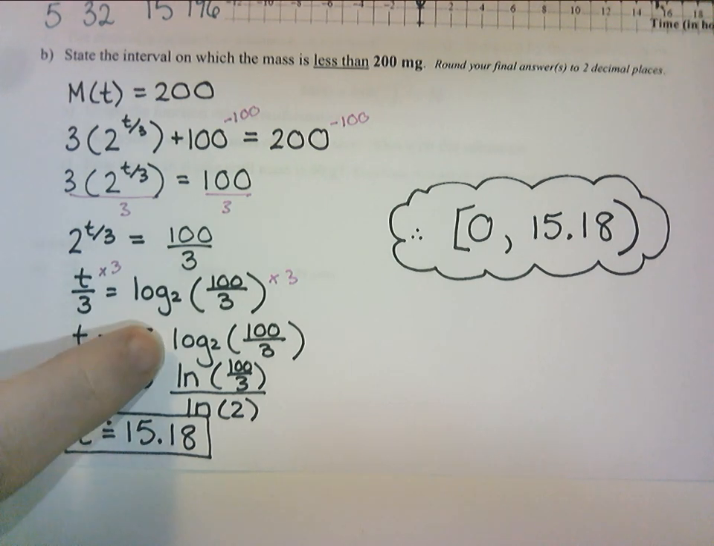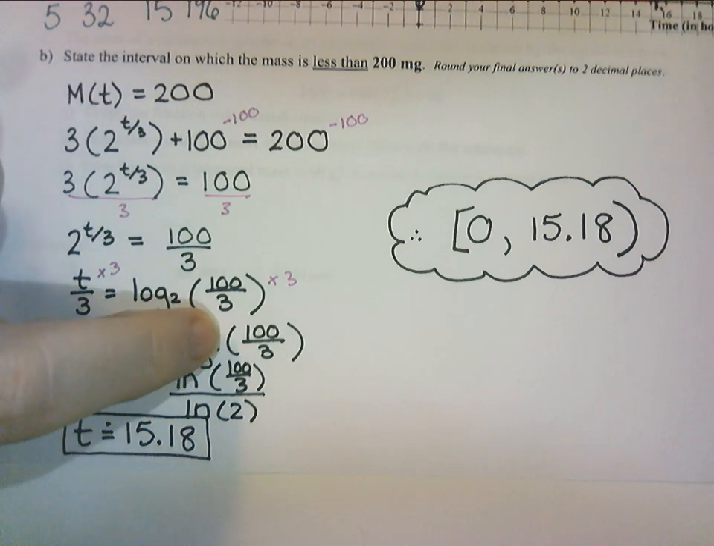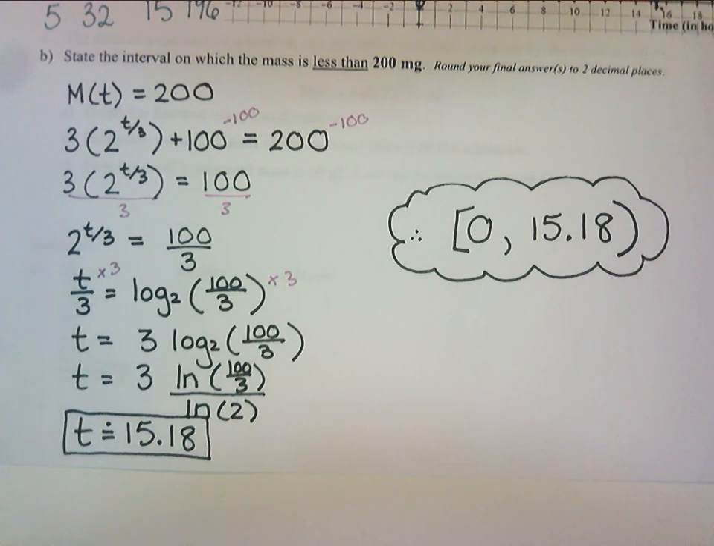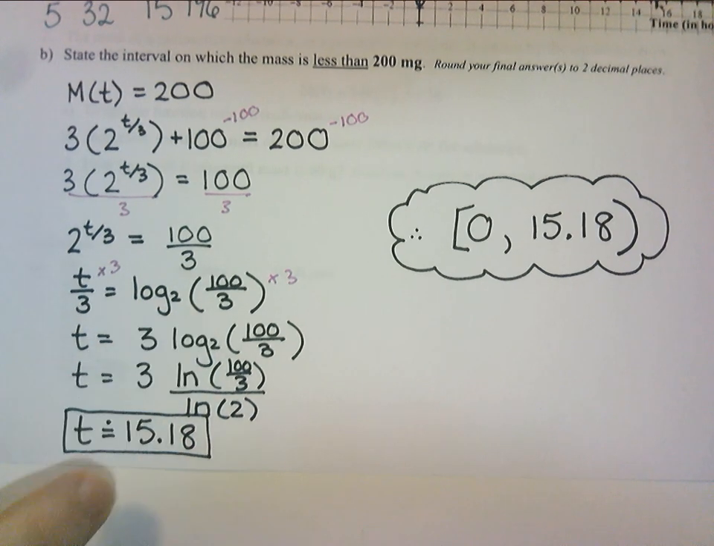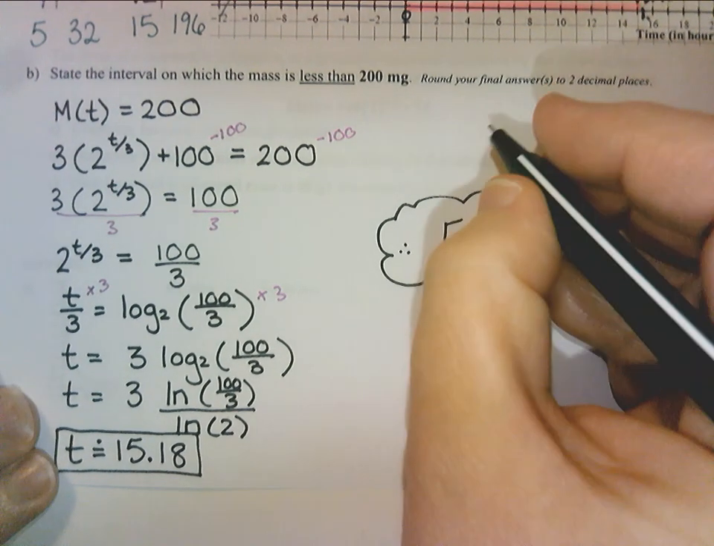And then I had to use change of base in order to calculate this. I like ln, you could use log. So I did ln of 100 over 3, and then I had to divide by ln of what was our old base, which was ln 2. And I ended up getting 15.18 as our time. So technically, if I was looking at it from a mathematical perspective, it looks like it's